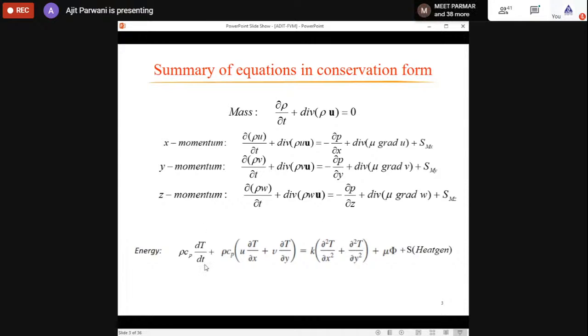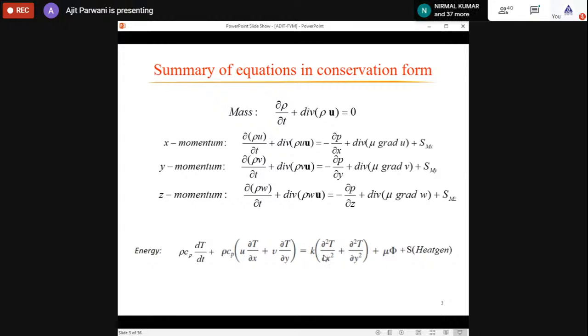So only one equation is applicable to find the temperature, which is this. In this equation, again there is no velocity, so this term is not present. The problem is steady state, so this term is also not there. There is no heat generation, so this is also not there. There is no velocity, there is no fluid. It is a solid problem, so there is no viscosity, so this term is also not there.